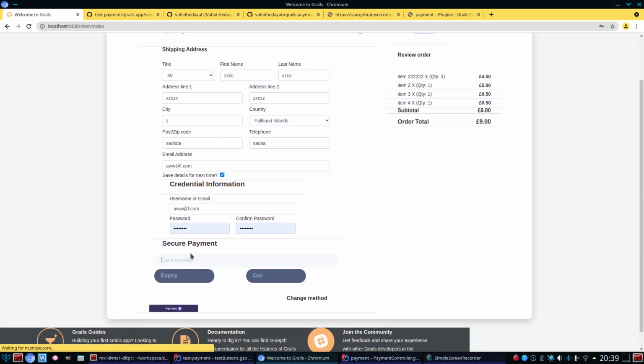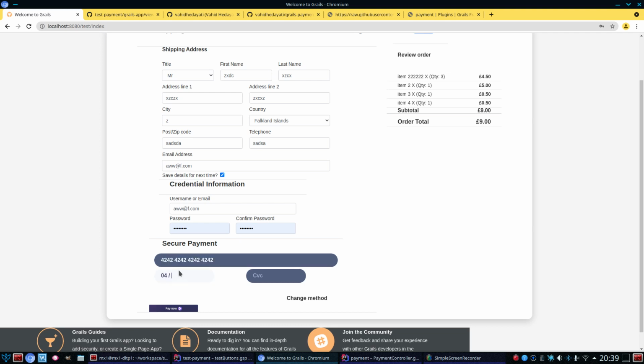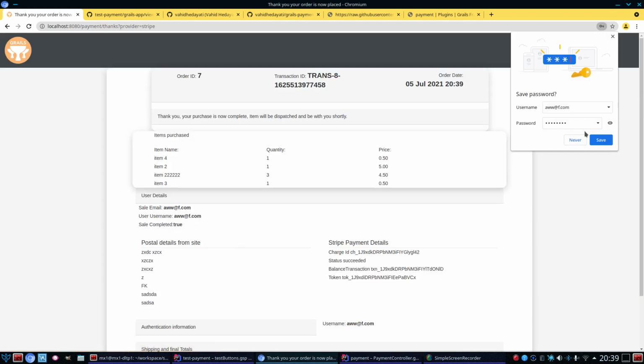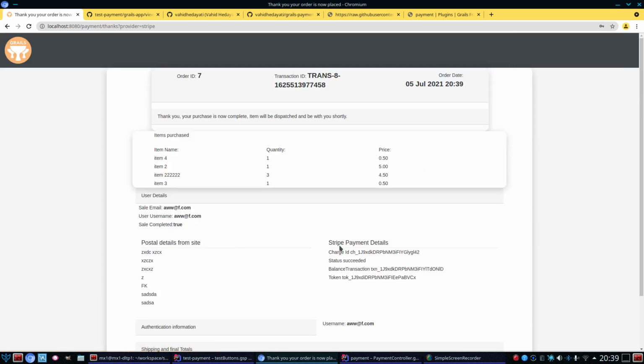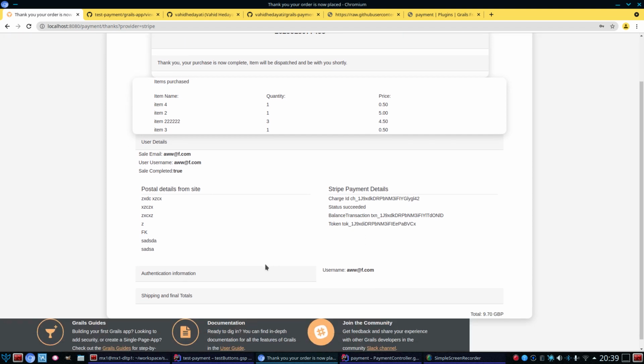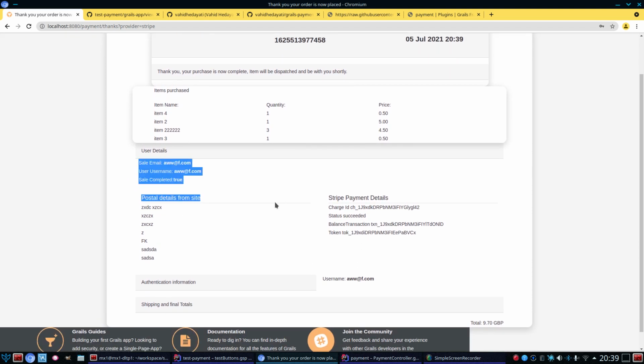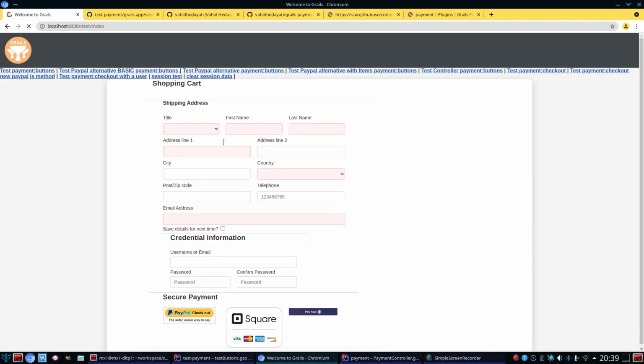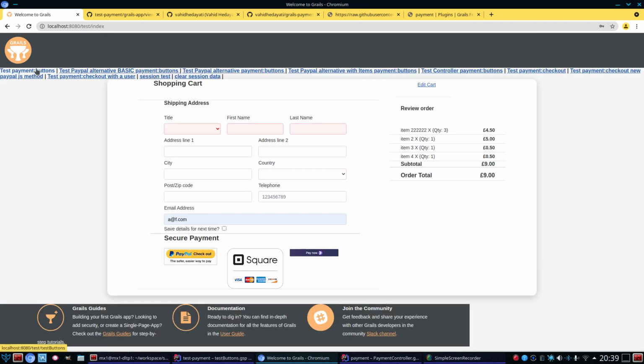I'm going to do Stripe. I just want to see. This works. Okay, so this is a Stripe one. You can see here we've got a charge ID from Stripe, status, balance transaction token, and the cell information. If we go here and we go to test controller again and we do test paper buttons